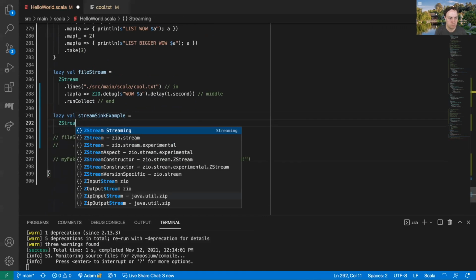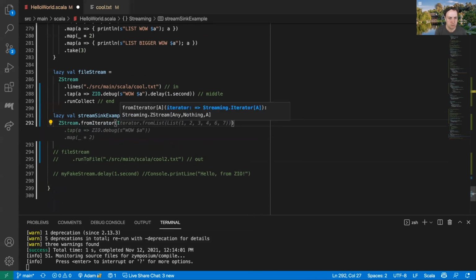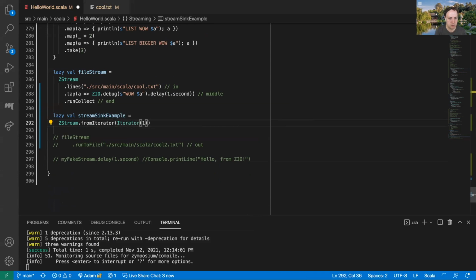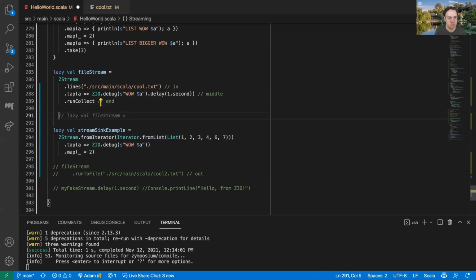So here we should be able to do ZStream from iterator. Iterator 1, 2, 3. I don't think we have that overload. Oh, yeah, it's our custom iterator. Oh, we have iterator from list. Okay, yeah, that's fine. So we'll say